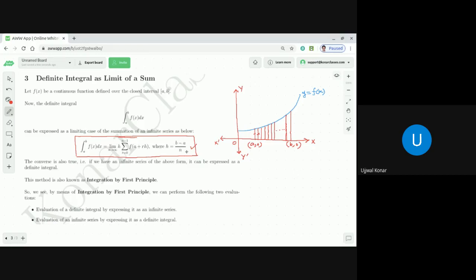When n becomes infinite, h becomes 0. Or we can say in mathematical words, when n tends to infinite, meaning n approaches infinite, h is tending to 0. That means h is approaching 0. Correct or not? Yes. Then you can ask why we need to divide that with so many, almost near to infinite number of parallel lines. There is a reason.